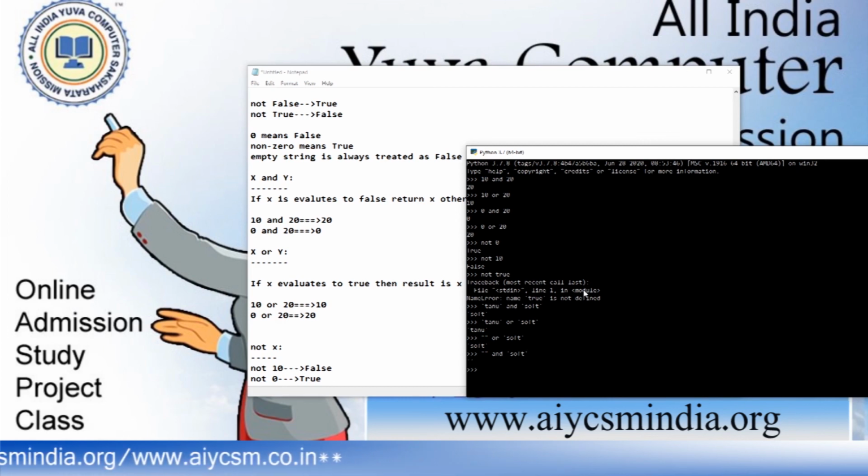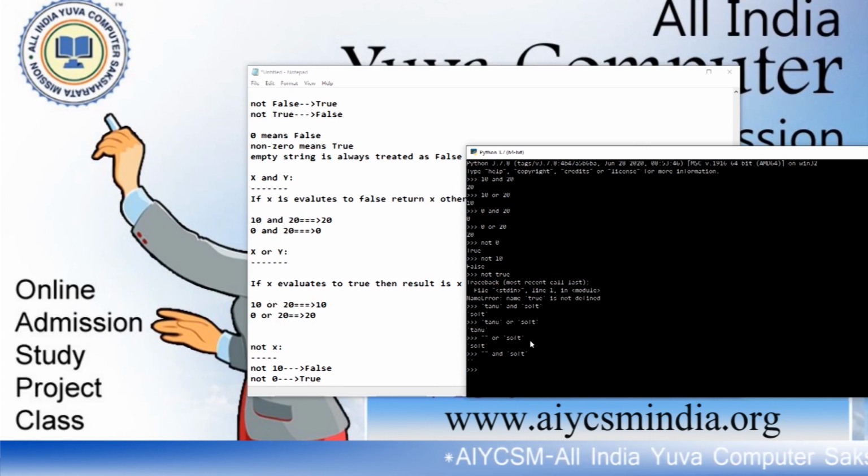For AND, if it is false, then it returns the false value. We are using the same concept for strings also. In the case of a string, if the string is empty, then it is treated as a false value.